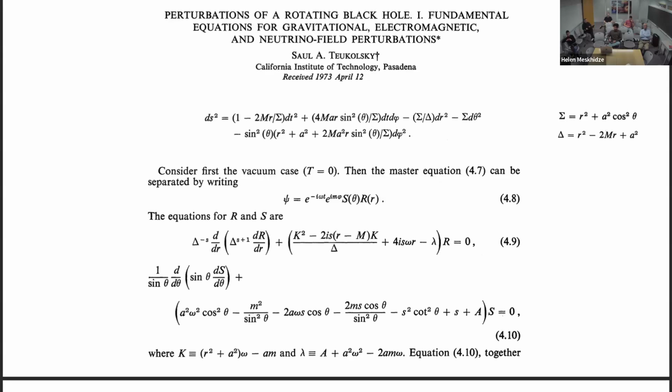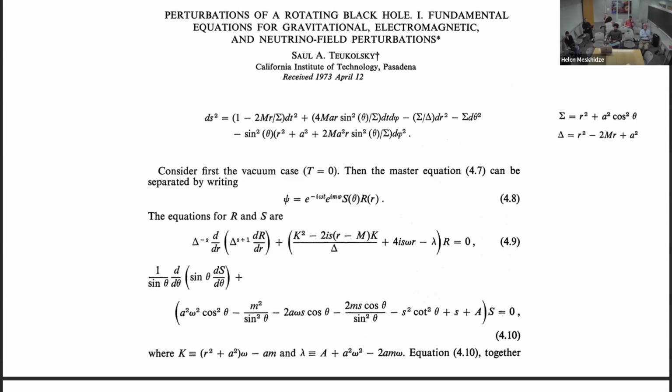The details are not important here. There are different factors that are related to the metric. The few things that are important is that it depends on this parameter s. s is the spin of the perturbation, so it can be a scalar, a vector, or a metric perturbation. It's quite a general formalism. And ideally, we would like to solve this equation, find the eigenfunctions and the eigenvalues for the energy. And those would be the quasi-normal modes of the Kerr black hole.